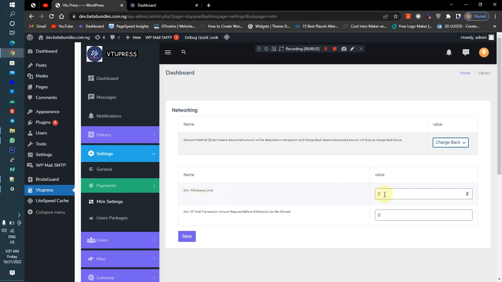That is the limit your user could withdraw at a time. Maybe he could withdraw 10,000. Maybe they could withdraw 5,000. The minimum. So if your user is not having up to this amount, they won't be able to. Let me say the minimum withdrawal limit is 250, and the minimum number of transactions amount required before withdrawal can